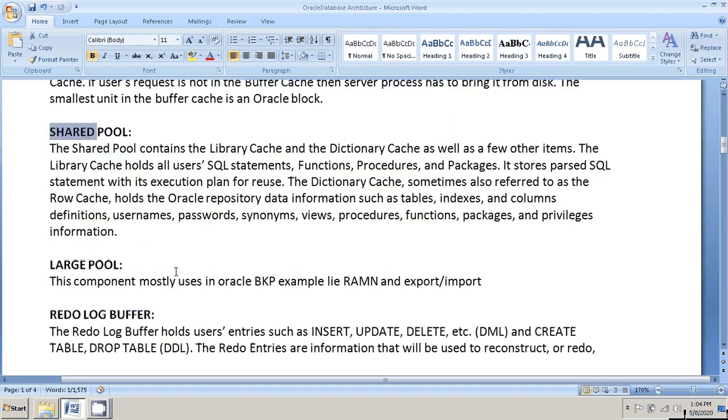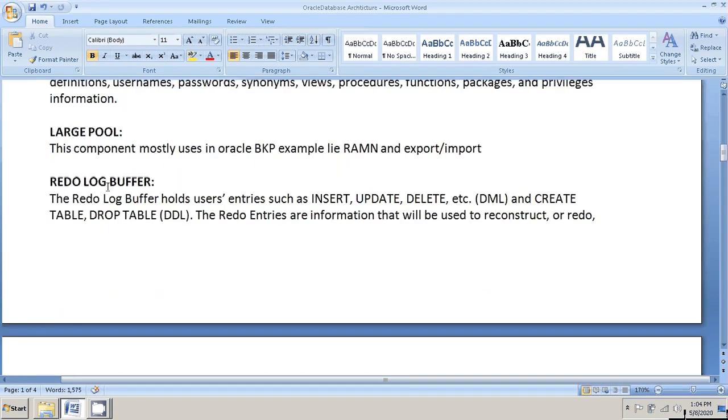Then the redo log buffer. The redo log buffer holds the user's entries such as insert, update, delete, DML, create, drop. Whatever DML and DDL statements are run are stored in the redo log buffer first of all.